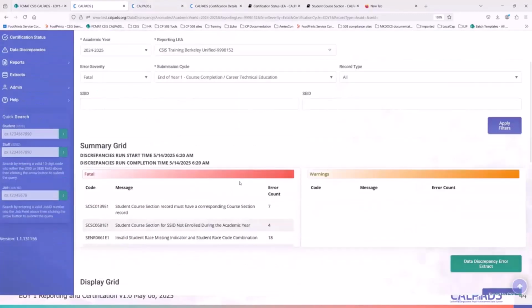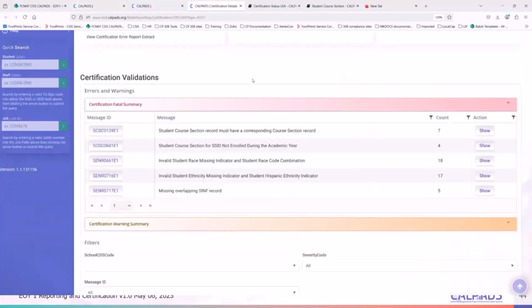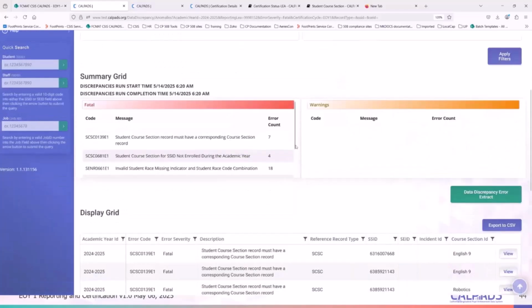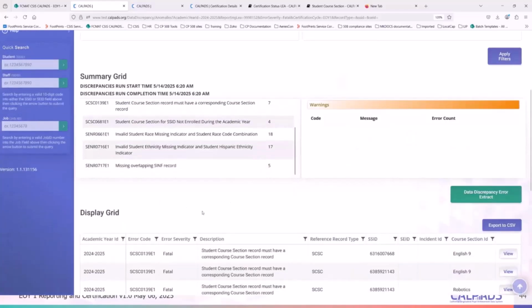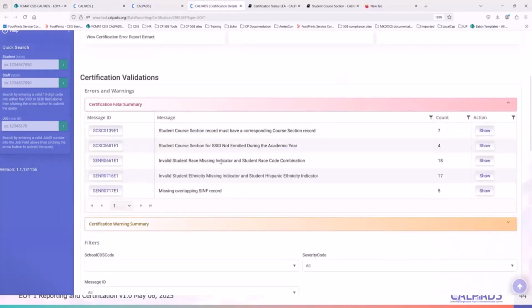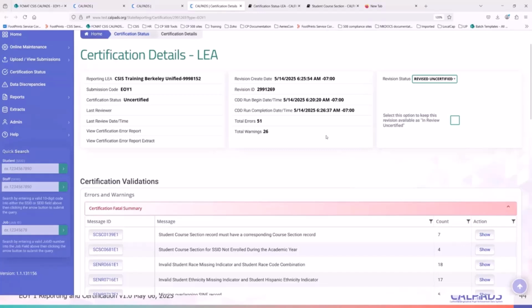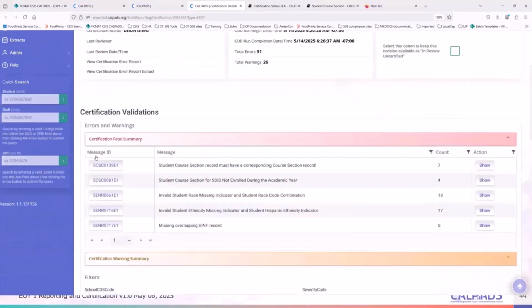So any error that you haven't fixed here that got picked up by the snapshot revision will be reflected here. Working with this type of errors, I would recommend going here and looking at your most recent errors on this side of CalPads. I wouldn't work on the errors here because there is always latency in terms of when CalPads picks up any changes, so this does not immediately represent any changes that you make in CalPads.